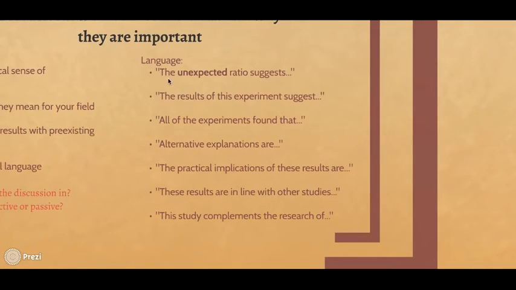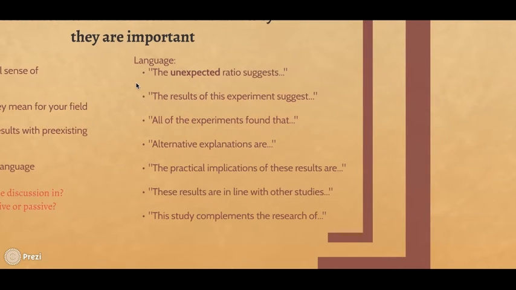The discussion section is going to say, the unexpected ratio suggests. This word, unexpected, this brings in the human level, right? Because you expected one thing and then you got another one. In the discussion, that's what you want to address. You're not just talking about the facts about the ratio, you're talking about what you weren't expecting, what you were expecting, how you react to it, and what you think about it, how you think it's significant or insignificant or didn't do what you thought it would.